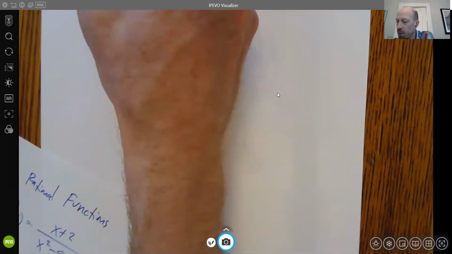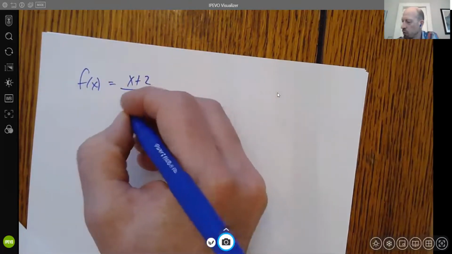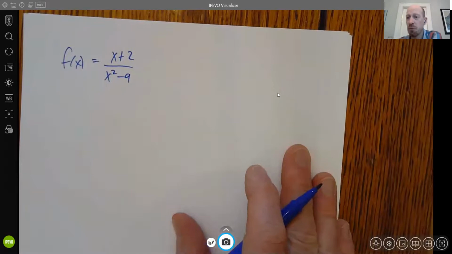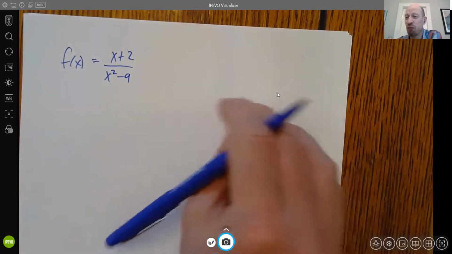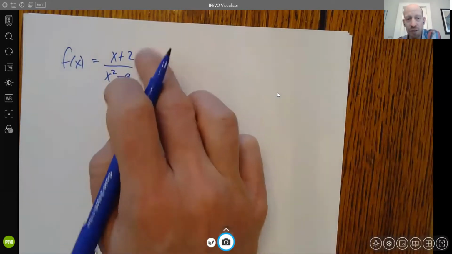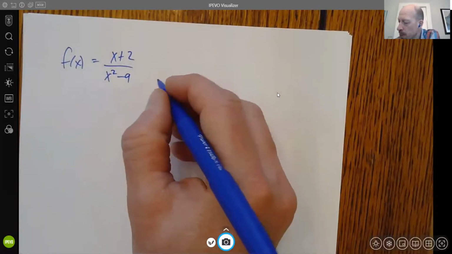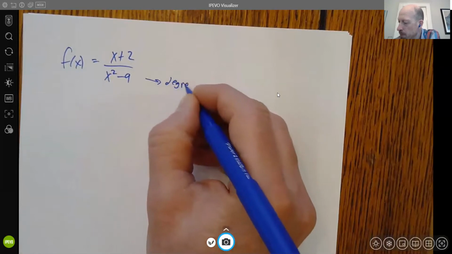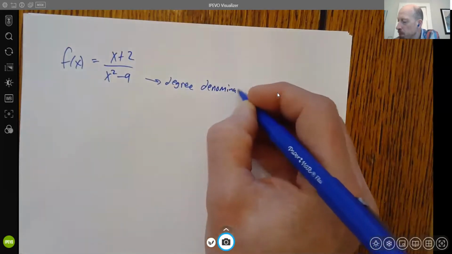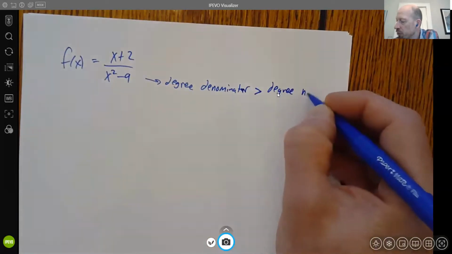So I have f of x equals x plus 2 over x squared minus 9. End behavior is really like what happens as the x values get really large, either positive or really large negative. And to do that, I'm going to compare the top and the bottom. In this case, if the degree of the denominator is larger than the degree of the numerator,